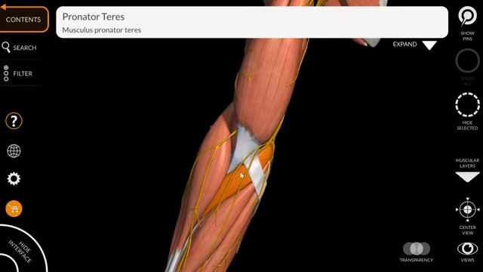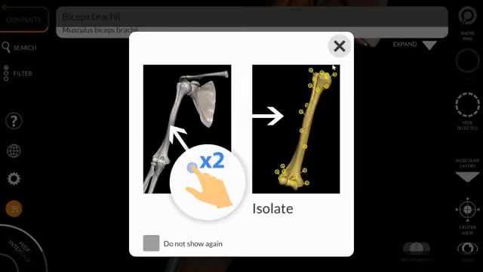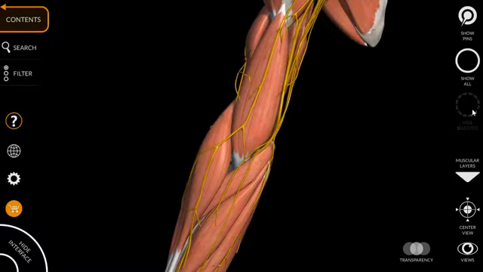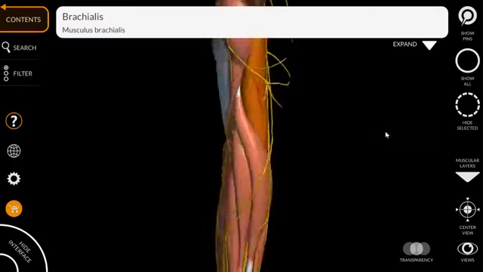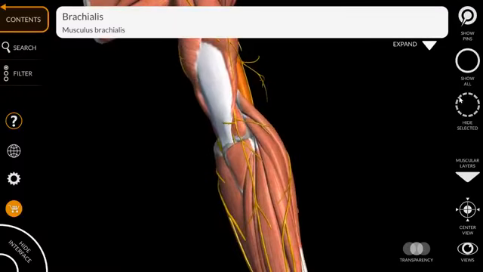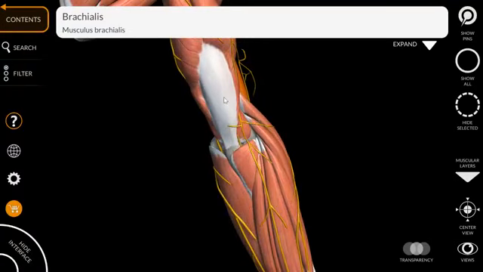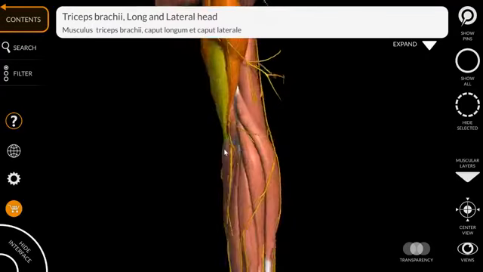forearm. Okay, and apart from this, this muscle, which is brachialis present in the anterior compartment of the arm, also contributes in the flexion of the elbow joint. These are the muscles responsible for the flexion of the elbow joint. And then I am turning the model posteriorly to show you the muscles responsible for the extension of the elbow joint. This is triceps and this is anconeus. Anconeus and triceps muscles are responsible for the extension of the elbow joint.